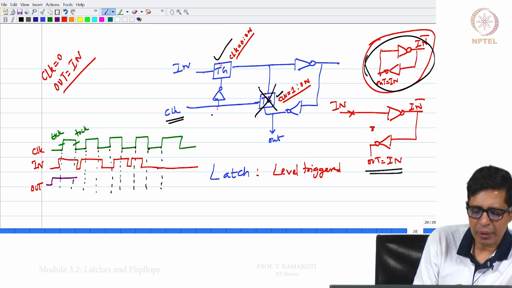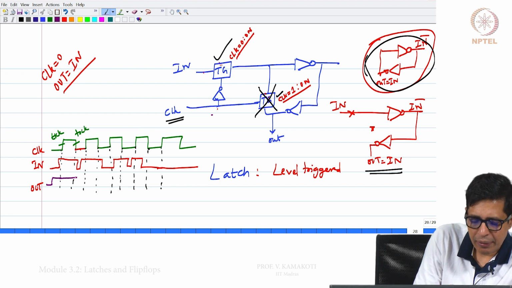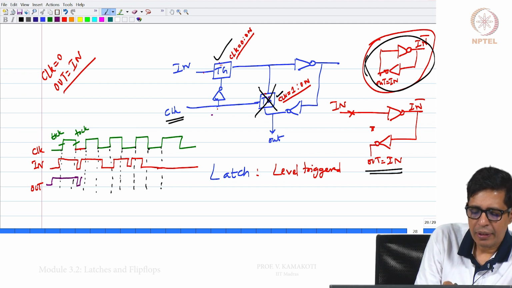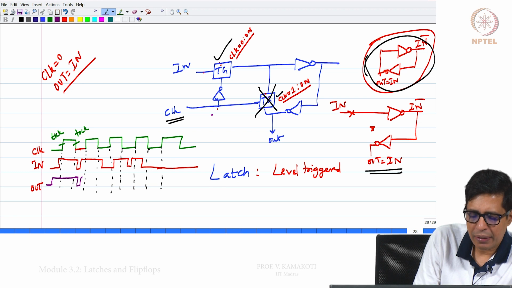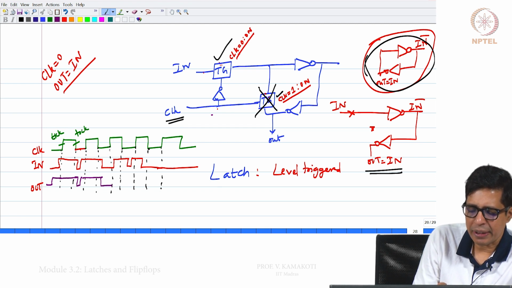When the clock is 1, it will retain the value. Now, the clock is 0 here again, the clock becomes 0 here. So, out will just behave like this. Now, the clock actually became 1. So, this will be like this. Now, when the clock is 0 here again, so this will come like this, right. Now, the clock became 1 here, note that this will be like this.